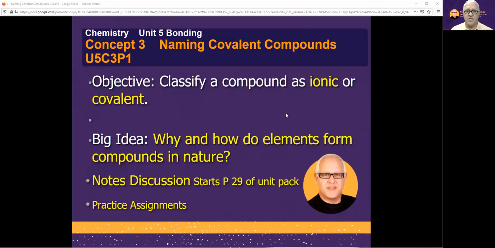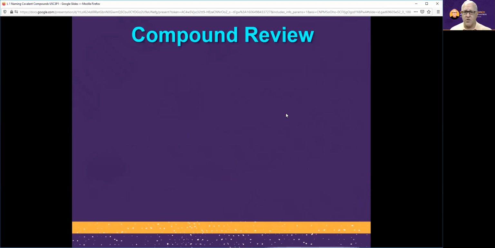All right, so this is concept 3, naming covalent compounds. This will be part 1. And our objective is for you to be able to classify a compound as either ionic or covalent. And we're going to learn about how covalent compounds are formed. And this all falls under our big idea as to why and how elements form compounds in nature. So let's first go back and do a quick review of compounds and of ionic bonds, and then we'll move